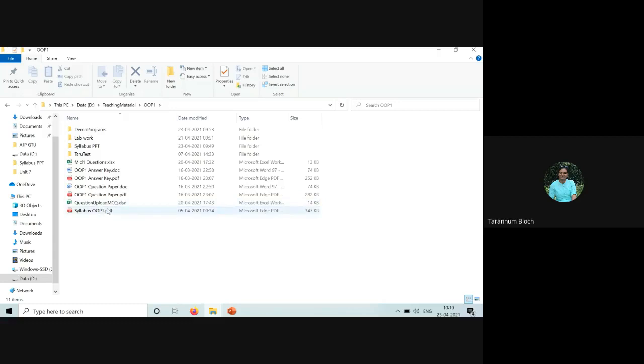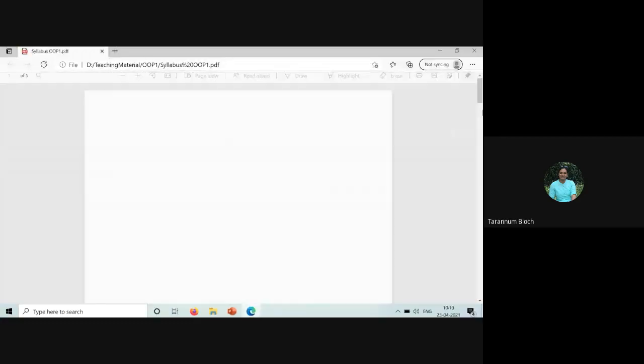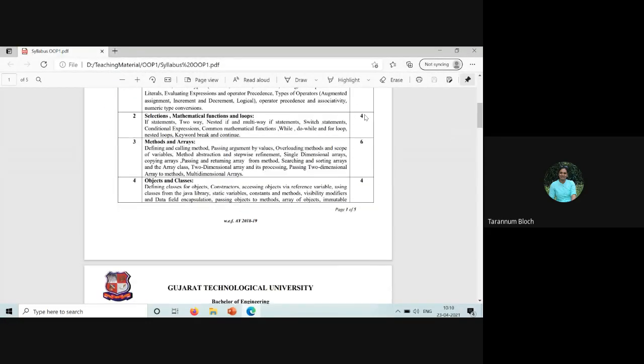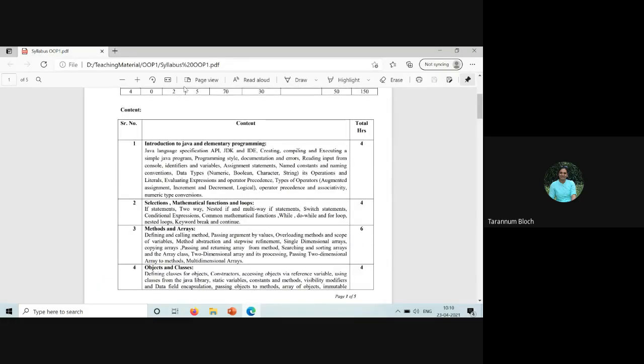The syllabus of the mid-semester examination, though I have posted it in the WhatsApp group, I'll just give you again. Students, the PPT is for my reference. It is not for your final exam or mid-exam preparation. The PPT is for me so that I do not forget any point to discuss. But if you are using it as a reference, that's fine.